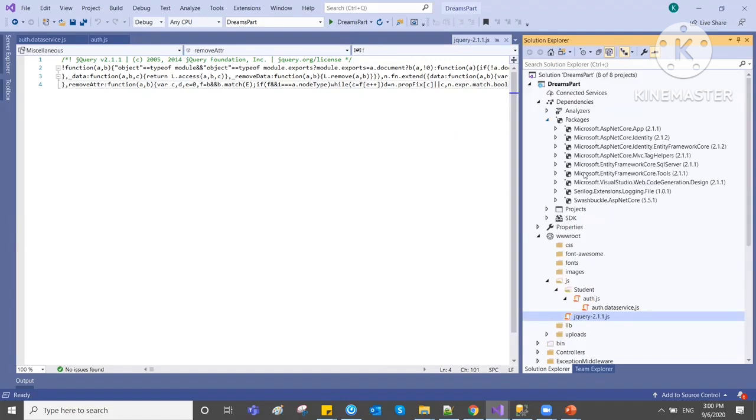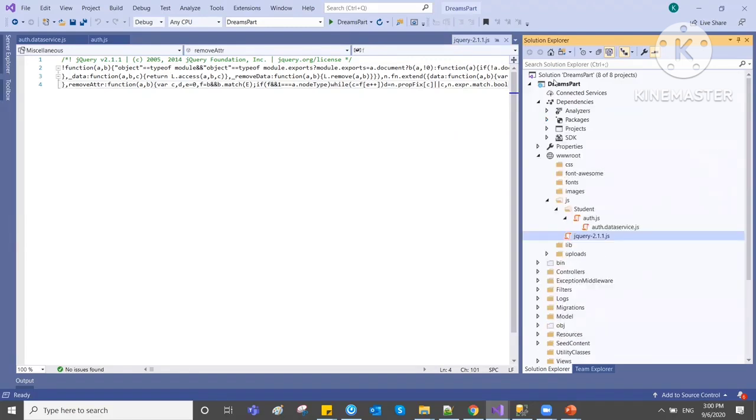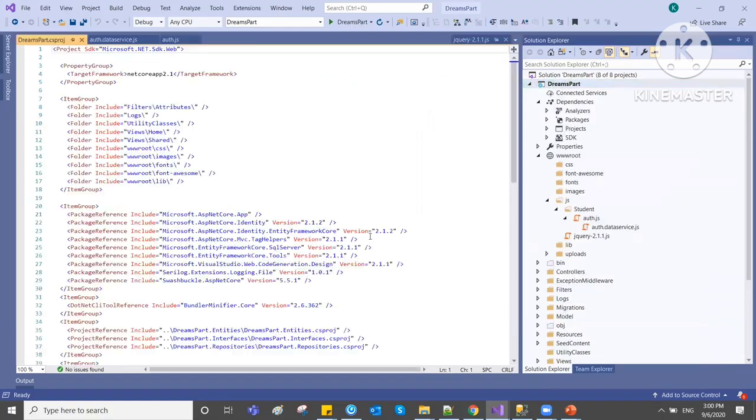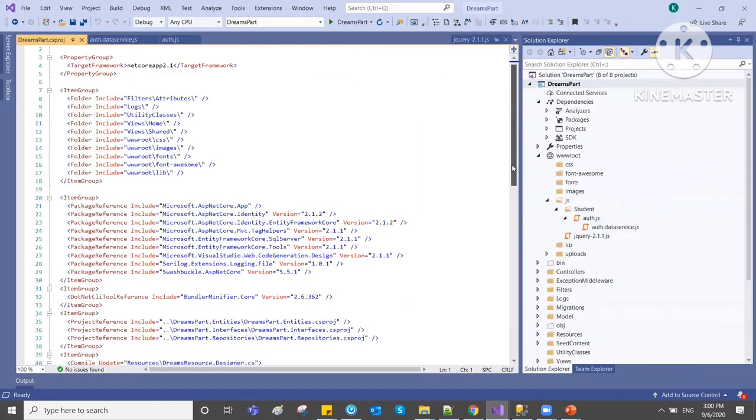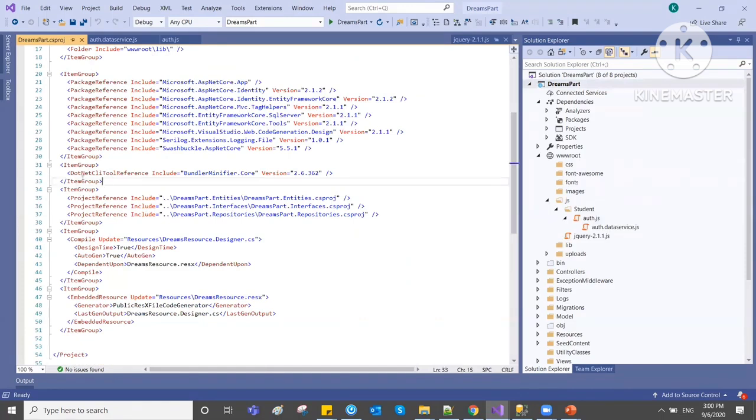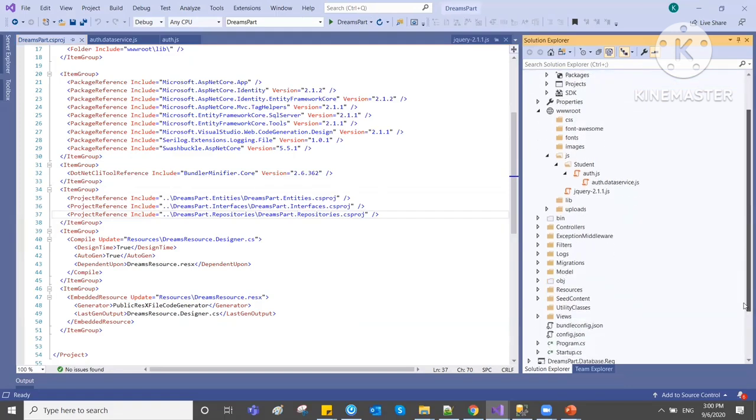So here I don't have it because I have added it in my project file. I'm just right clicking here, or you can directly install the package. Add the project file and add the dependency here in the item group: DotNetCliToolReference Include BundlerMinifier.Core. By this you can add the dependency here, and then for the bundling and minification concept you have